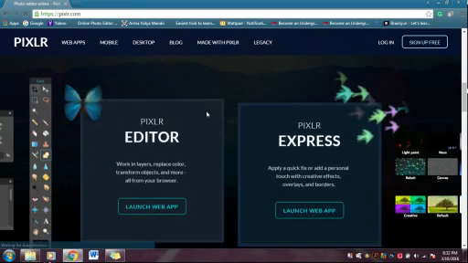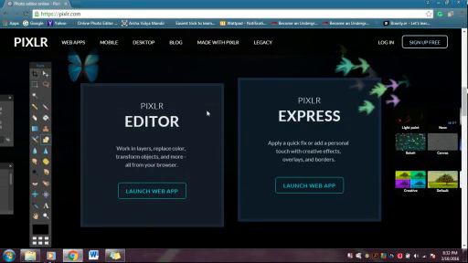And I need to clarify one thing: don't get scared, guys. It's not as complicated as it seems here. It's just that there are really a lot of versions of PIXLR. The first one is the PIXLR Editor part, which we'll be using, and PIXLR Express is just a photo editing part of PIXLR, especially for actual photos which you need